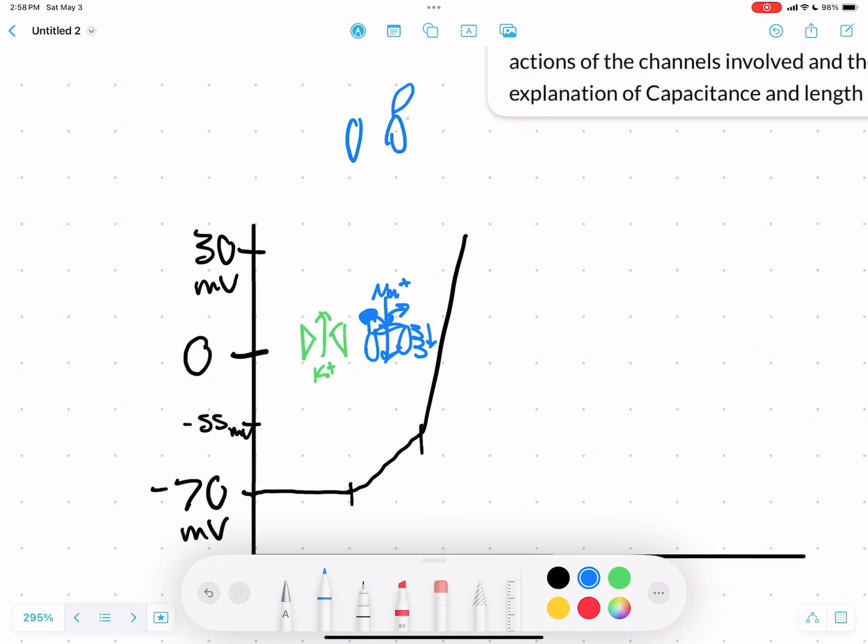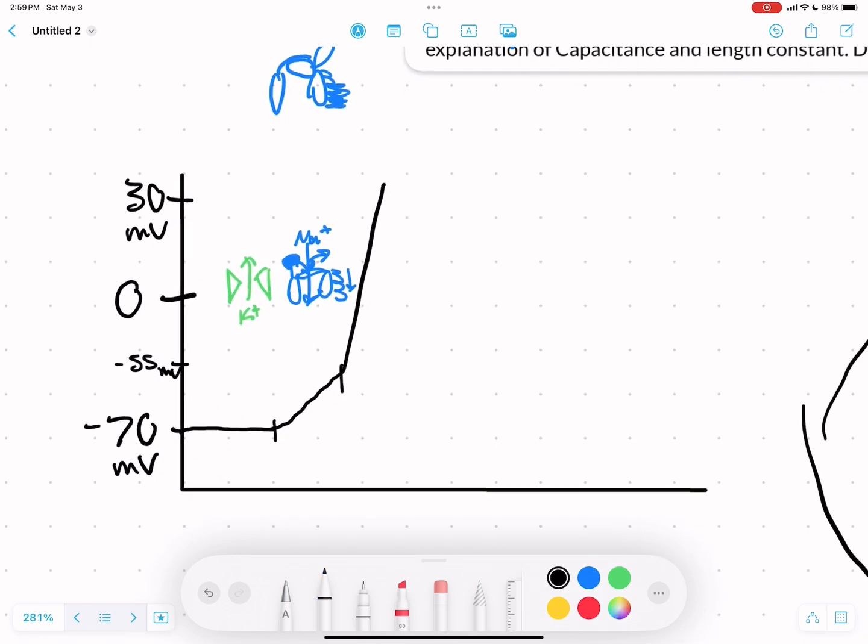And so I'll draw it up here a little cleaner. This is open, this is our spring that's compressed down. This is our little ball that plugs up the hole. So our sodium can't come into the cell anymore. And now we start having our sodium-potassium pump start to pump some of that sodium out and bring some of that potassium back in. And so that's not going to do everything, but it's going to start bringing this down,